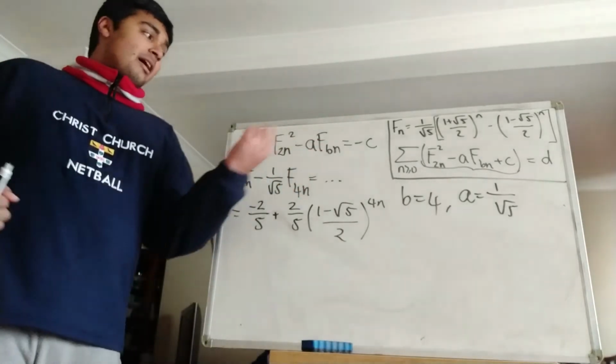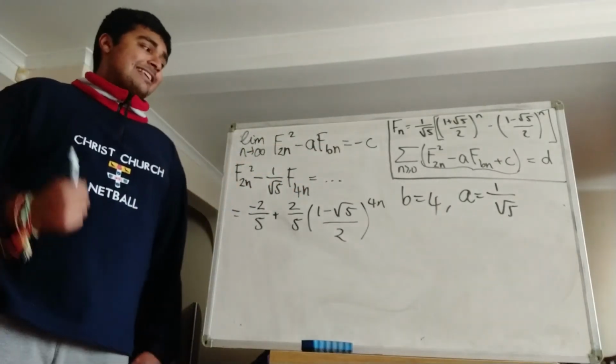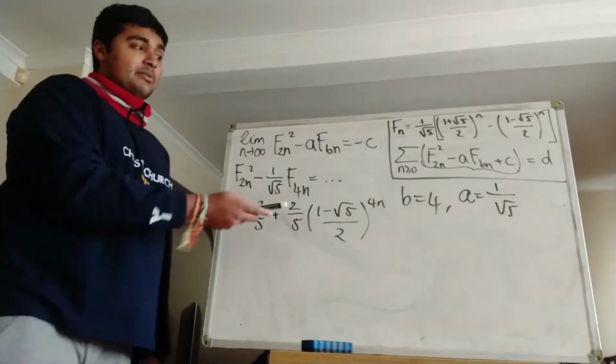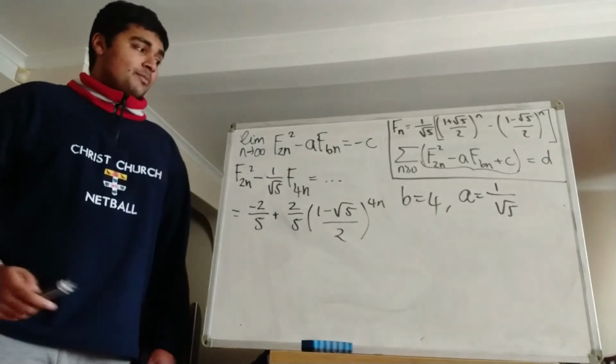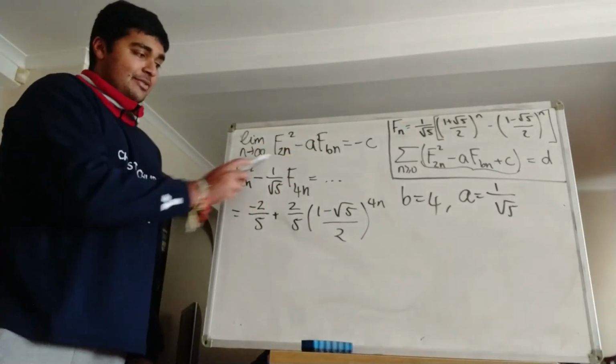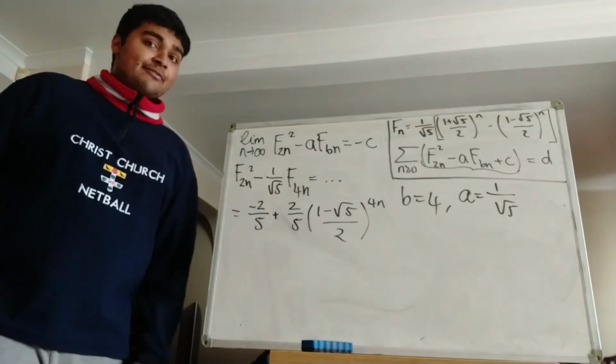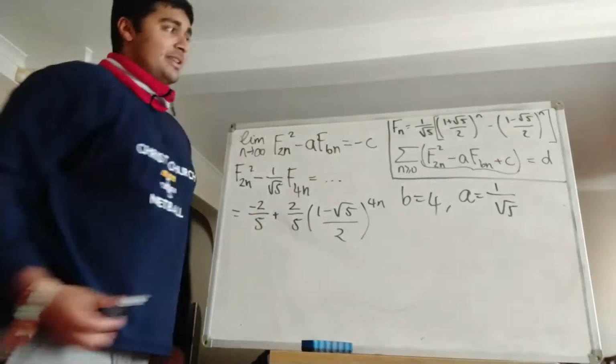C, of course, is just minus this limit here, so minus the limit as n goes to infinity of f2n squared minus a times fbn. But a and b we've worked out: a is 1 over root 5 and b is 4. So if we look at this thing here, that's just f2n squared minus 1 over root 5 times f of 4n, then we can just use our formula for fn and